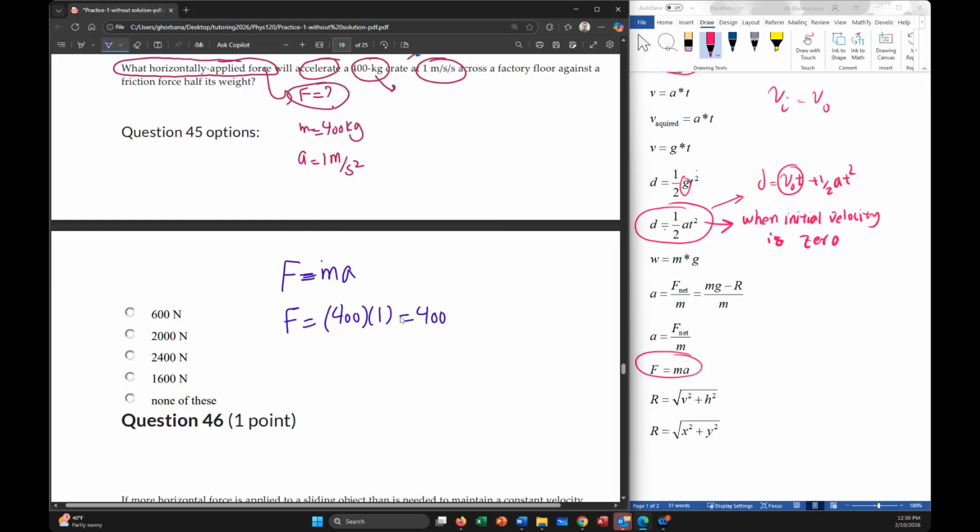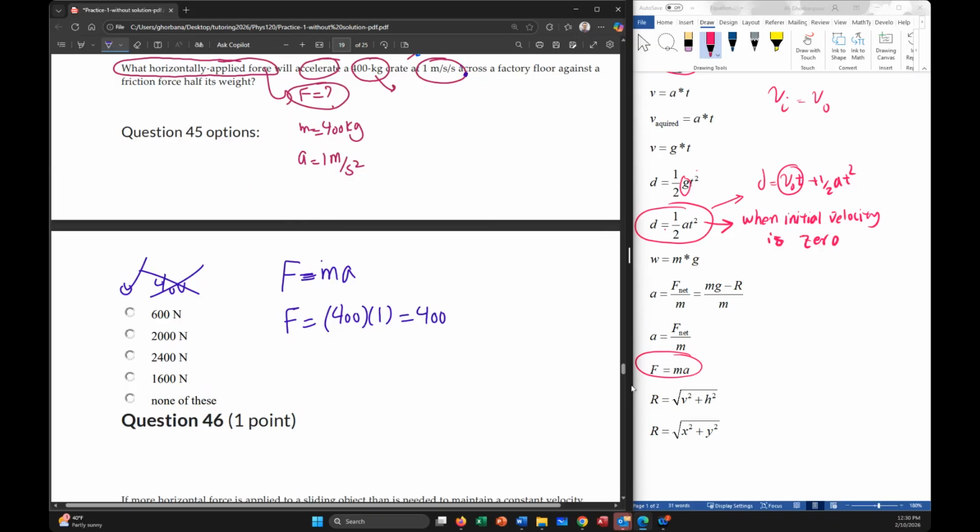Because I stop here. I saw that I have everything. Mass, acceleration, F is equal mass times acceleration, boom, 400. They put 400 here, and then you select it, but there you go, you are wrong. Where I stop here, yeah? Okay, let me just read the problem. Okay, there is more. There is acceleration 1 meter per second squared, but